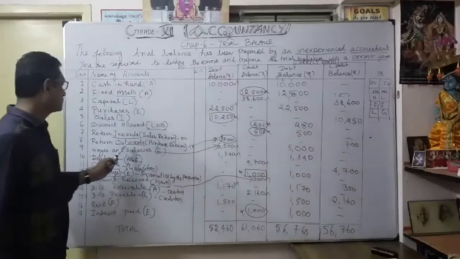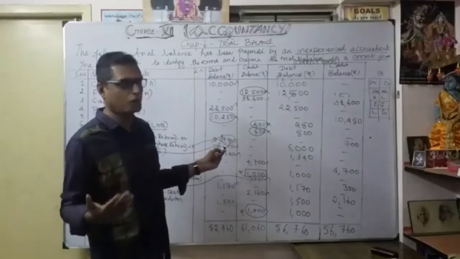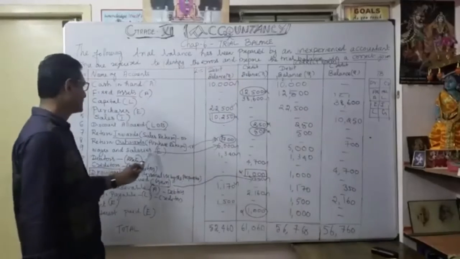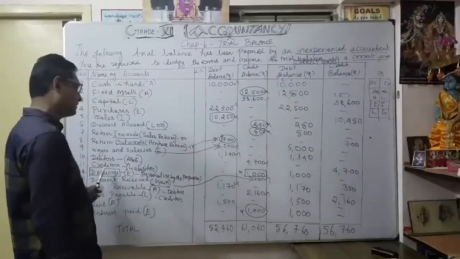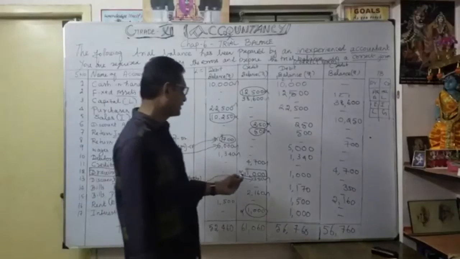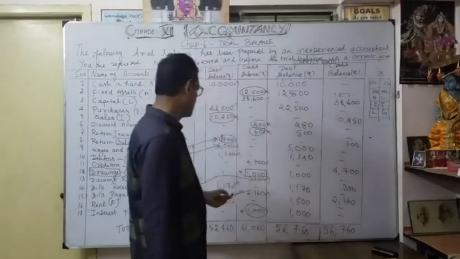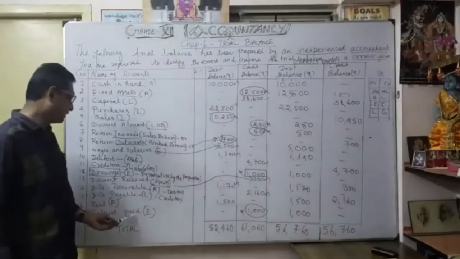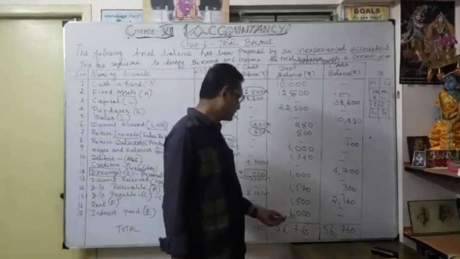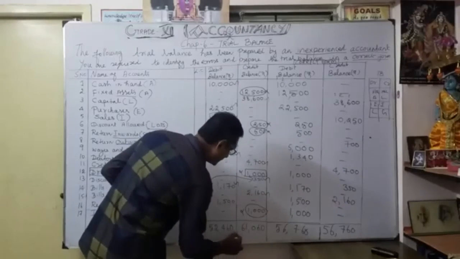Then, return outwards, purchase return. So they wrote 1,700. So naturally it's wrong. It should be credit side 700. Okay. Another mistake. Thereafter, wages and salaries were written correctly. Then another mistake is what? Here, drawings. Earlier they wrote drawings on the credit side. Now rectify it to the debit side. Correct. Drawings are always a debit balance. Finally, interest paid. We say it is an expense. They wrongly wrote the credit side. Now write the debit side. That's why earlier there were differences, it was not equal.